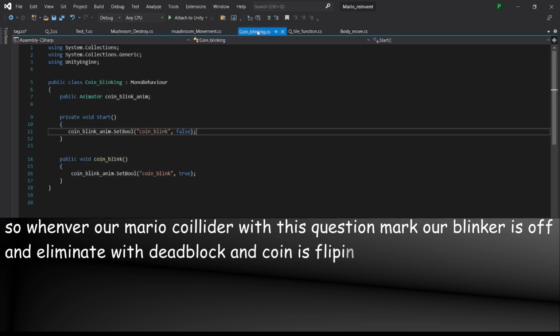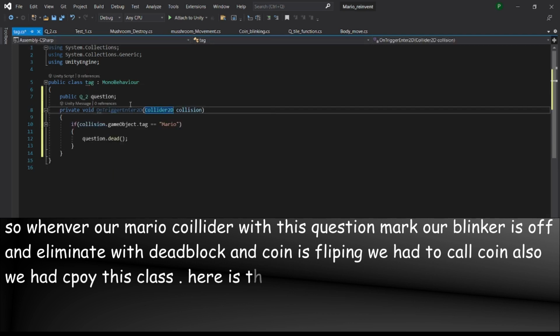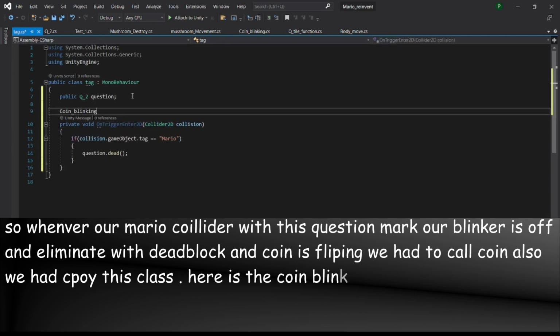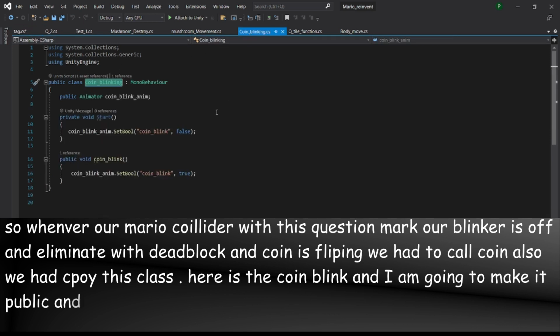So I'm going to copy this class. Here this coin blink, I'm going to make it public, and I'm going to call it coin blink.